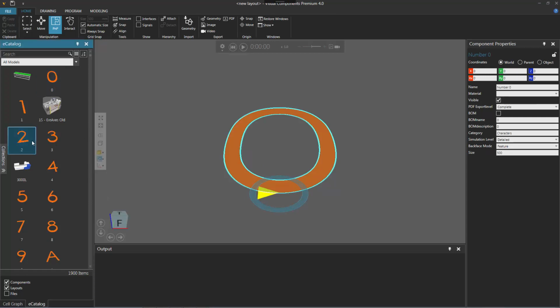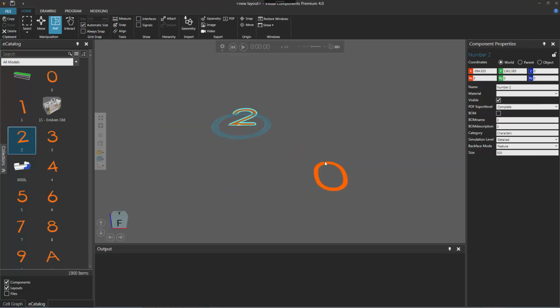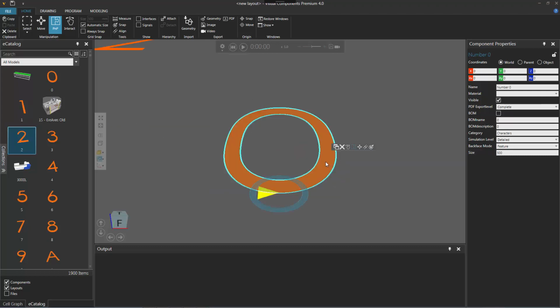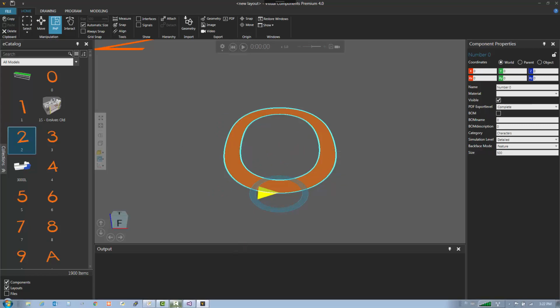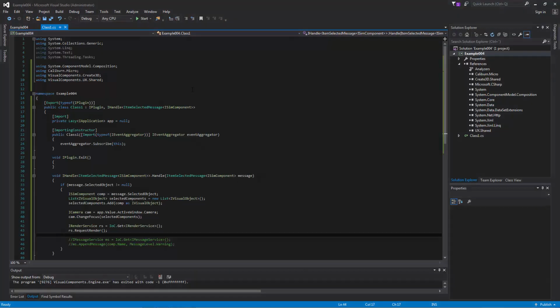Let's now drag the number 2 into the 3D world. So let's actually drag it up to this top left corner point here. And we can now see it filled our view for us, our background plugin. So if we zoom out and then select the 0, you can see the camera now snaps to that location to fill our view with what we have selected in the 3D world. Great. Let's go ahead and stop debugging. So I'll go back to Visual Studio and press the stop button.